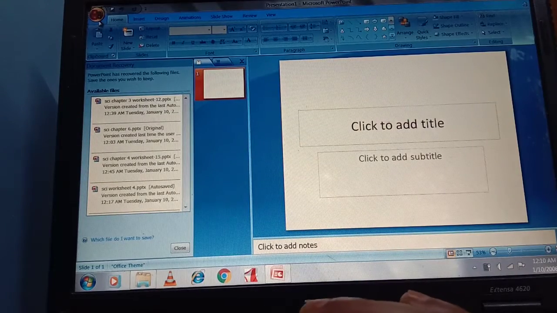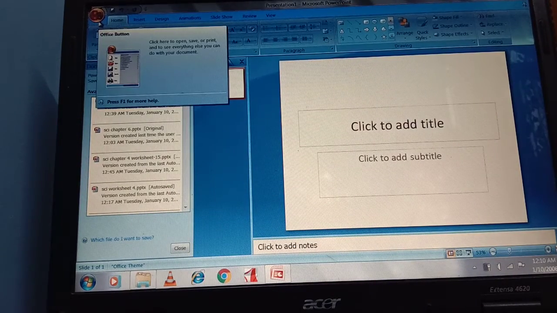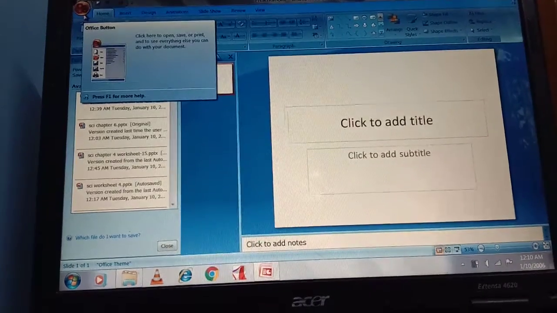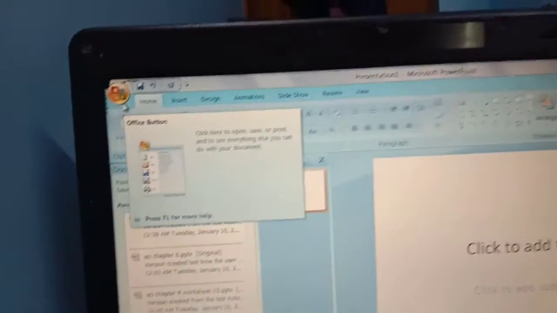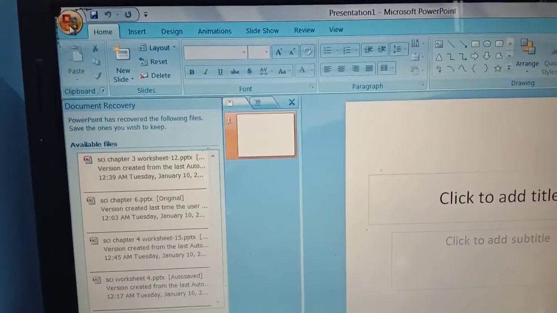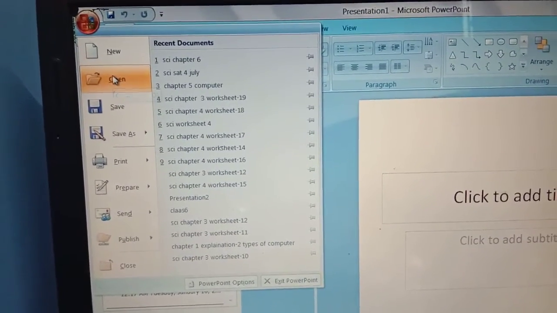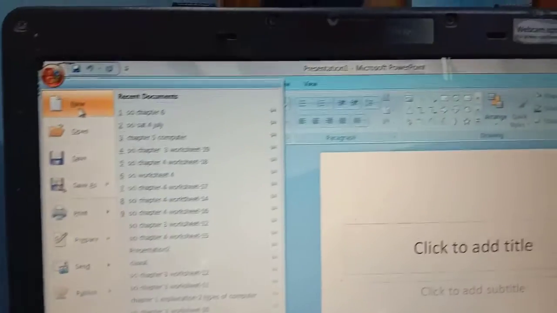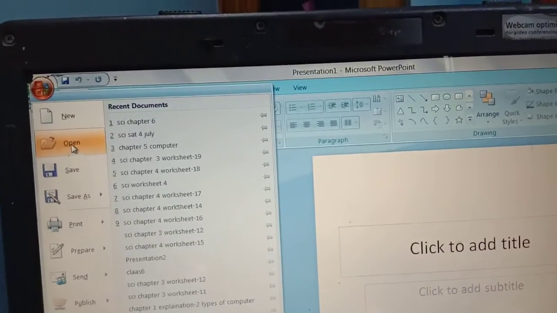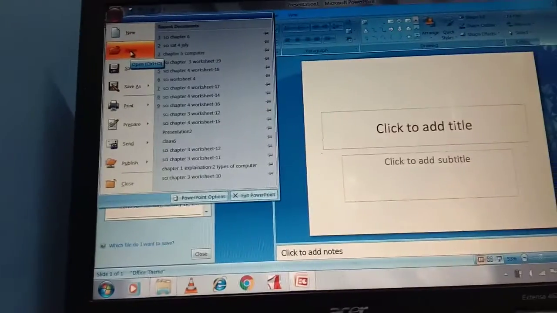First of all, open an existing file. There are two options for opening an existing file. Either you click on this Office button and then click on the Open option. Okay, not on the New option. The New option is for a new file, and the Open option is for an existing file. Is it clear, student? And another way